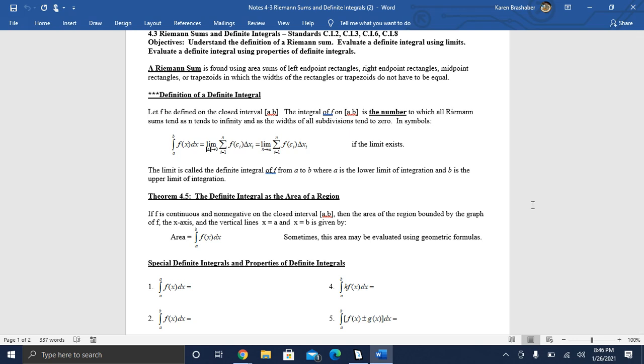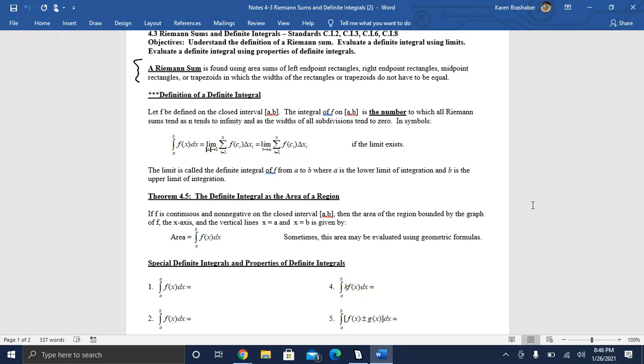Students, this lesson is about Riemann sums and an introduction to definite integrals. So I first of all want to talk to you about a Riemann sum, and basically these sums use left endpoints, right endpoints, and midpoints for rectangles or trapezoids, and